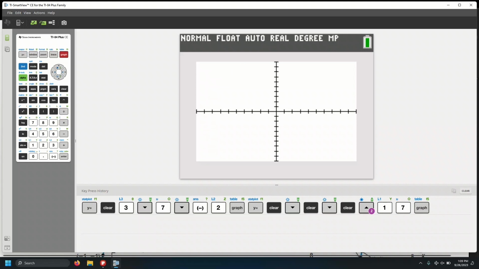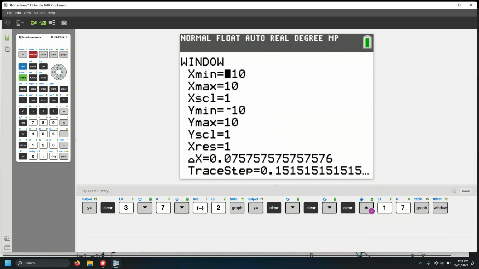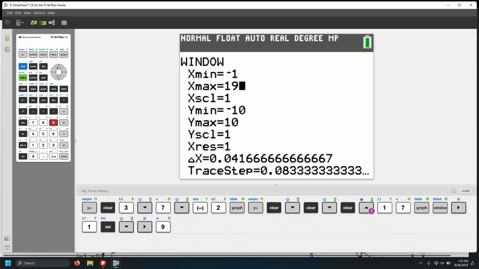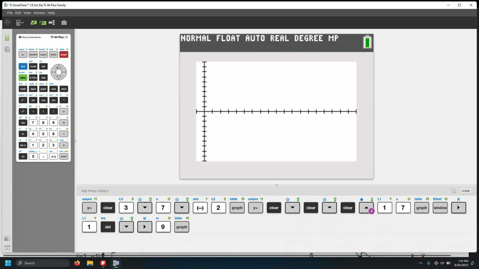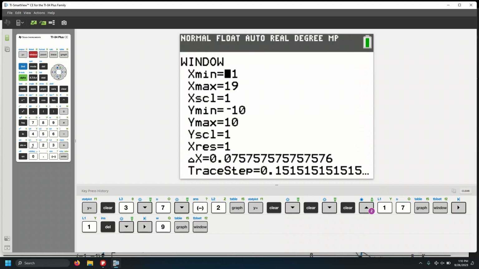Well, that can be easily fixed if we change the window. I would like to do maybe from, I'm going to do -1 only. Let me delete the 0. I'm going to go to 19, for instance, and I'm going to go with a scale of 1. So that's going to change. Oh no, that's the x. Never mind. So that should have been, okay, -10